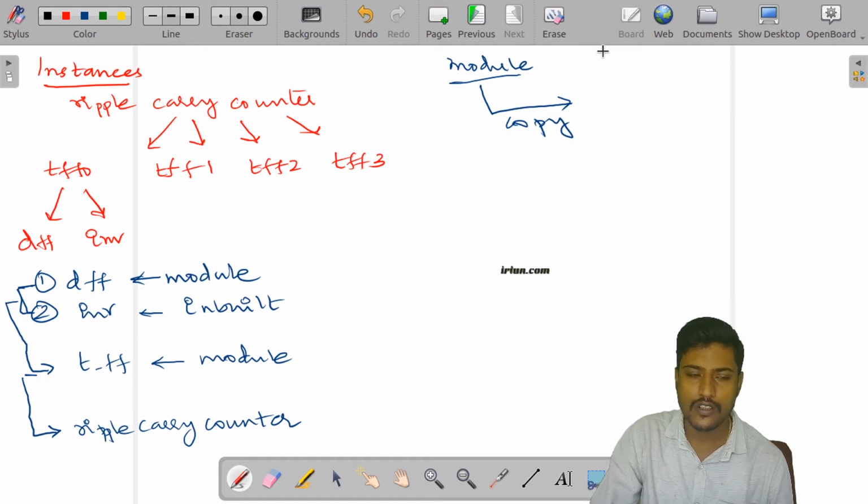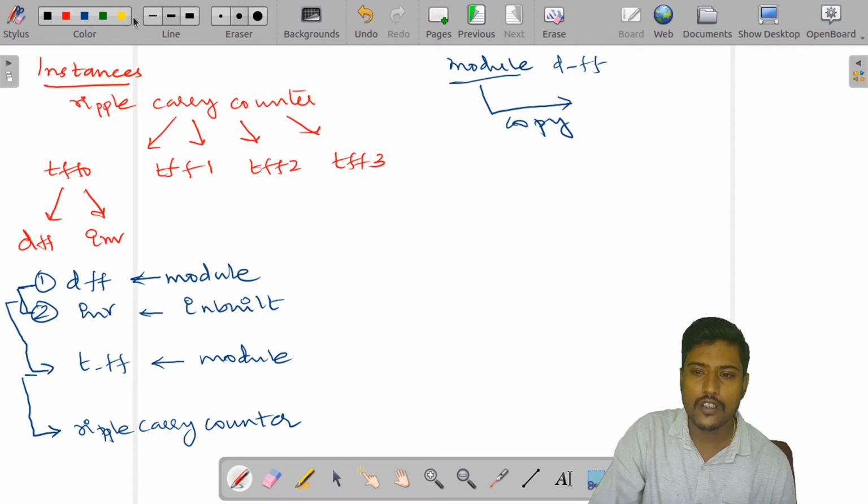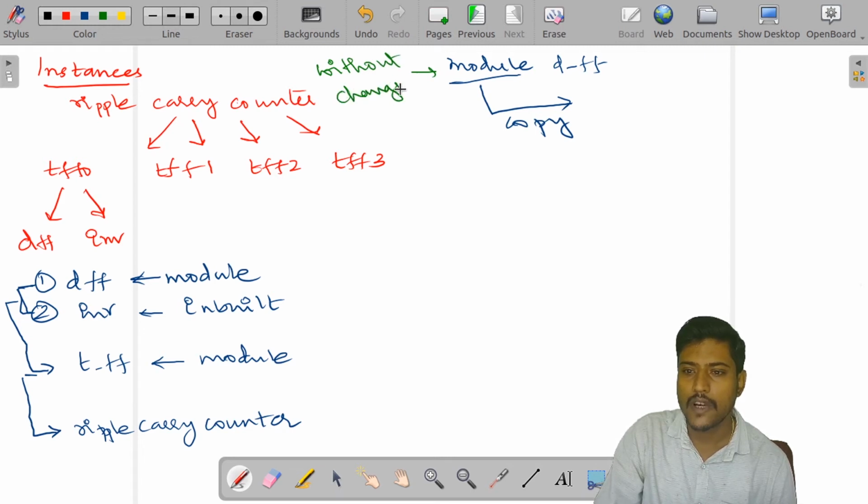Let me give this module the name DFF, D underscore FF. Without changing my main program, I can take a copy of this particular D flip flop into some other module.